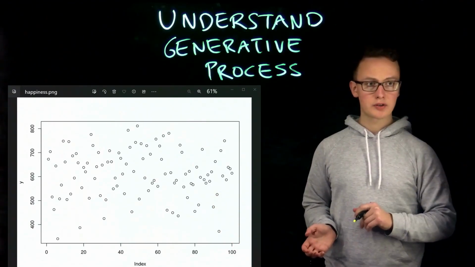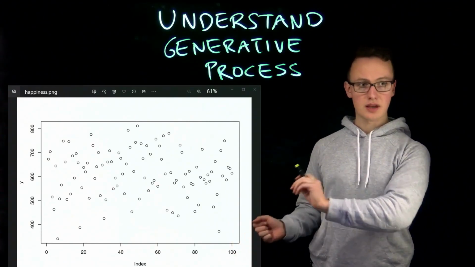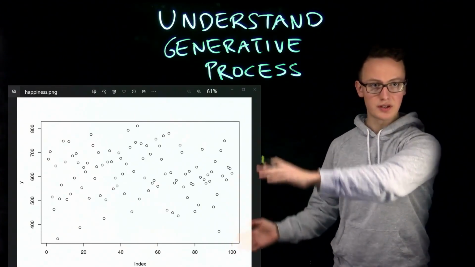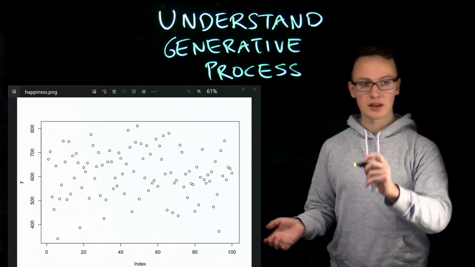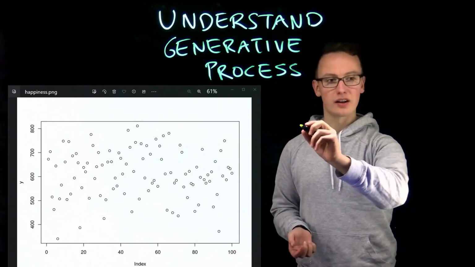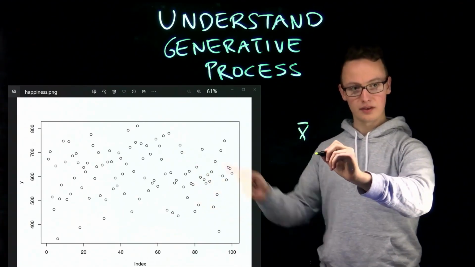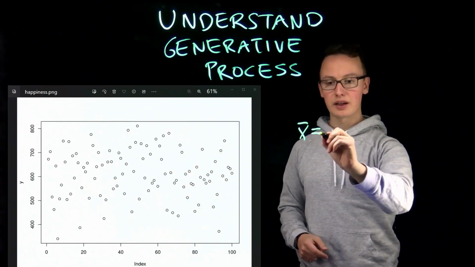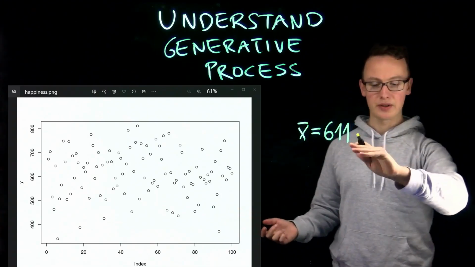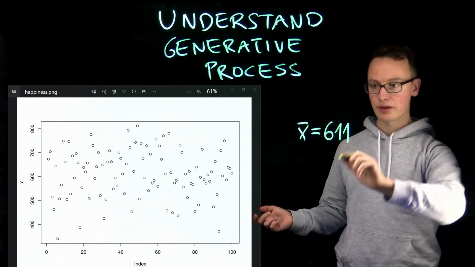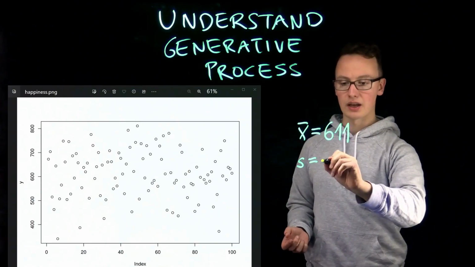Now, if I were to compute the sample mean and the sample standard deviation from this particular sample of happiness scores from students, I would get the following values. I've done this already in R, so I'm just writing down the results here for exactly this sample. I will get an average, like a sample mean happiness score of 611 and a standard deviation of 100, more or